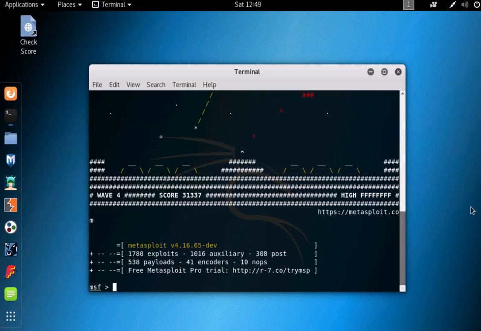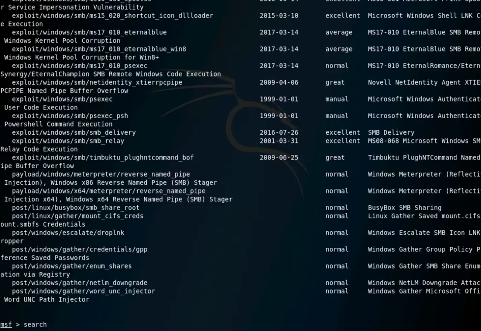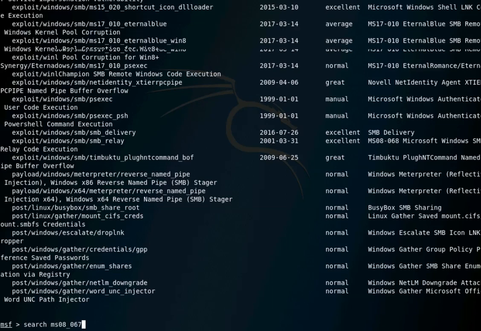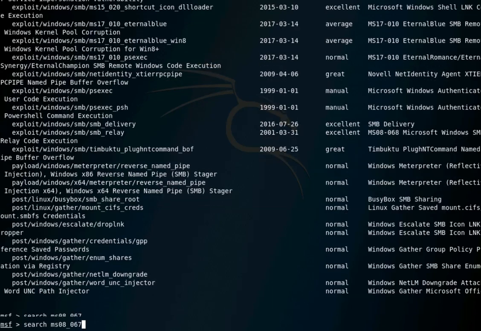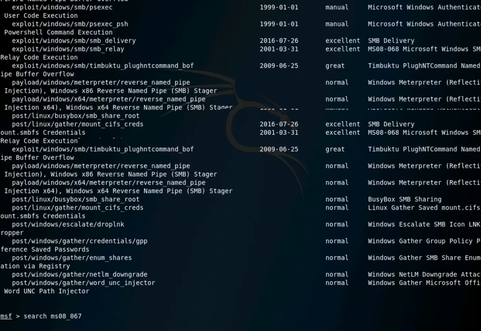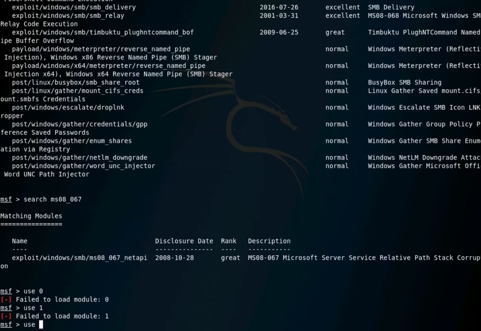So the victim machine that I have is a vulnerable machine, and I am going to use the MS08-067 SMB vulnerability. So let us find that. Any other vulnerability can be found by typing search and then the name of the vulnerability or the exploit, sorry. So I type search MS08067. I'll have to probably type the whole name since there is not a list or numbered entry. So I'll just type use exploit